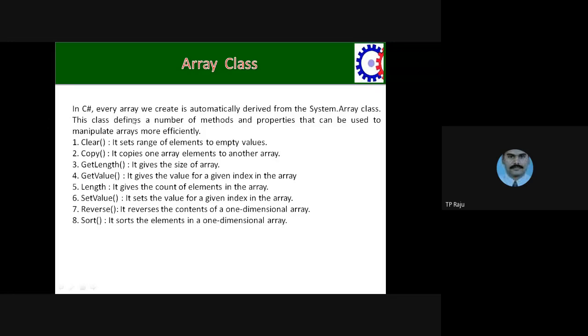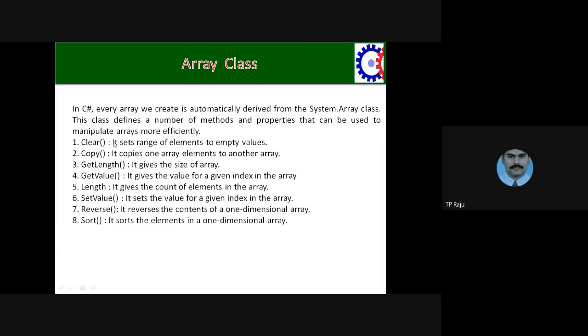In C#.NET, you have the class with the name Array. You cannot create an object of Array, but whatever primitive array variables you create, all those variables are by default derived from the Array class. It is an internal class. You cannot create an object of the Array on your own, but internally, when you create any primitive array, that array is derived from the Array class. That's why you can directly use Array class members.